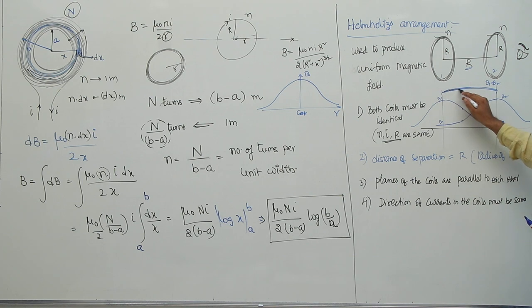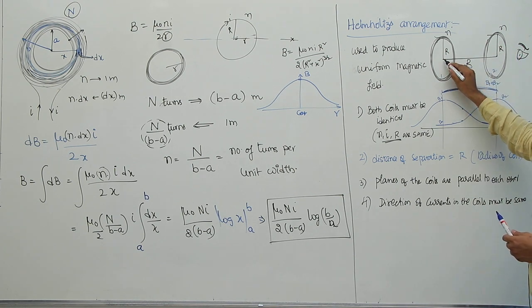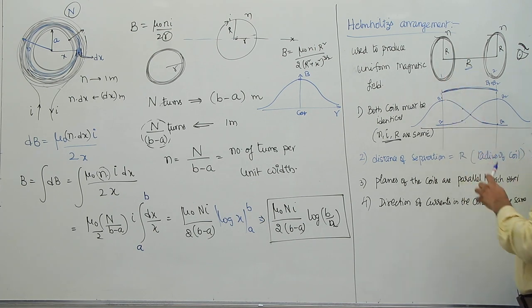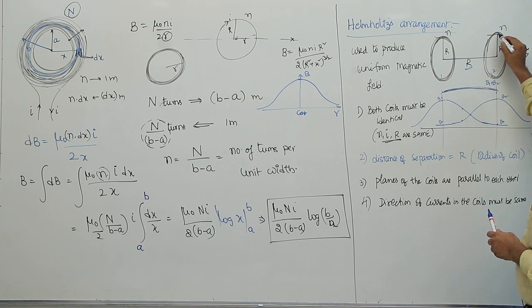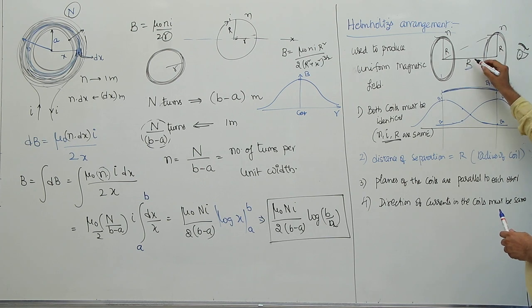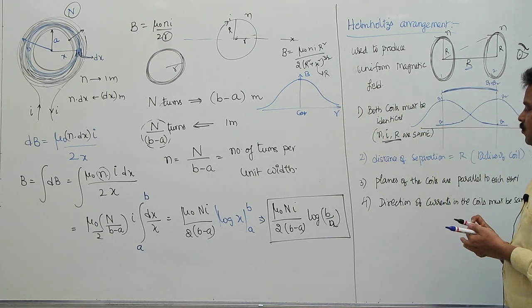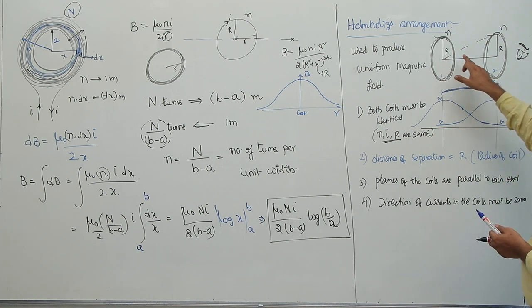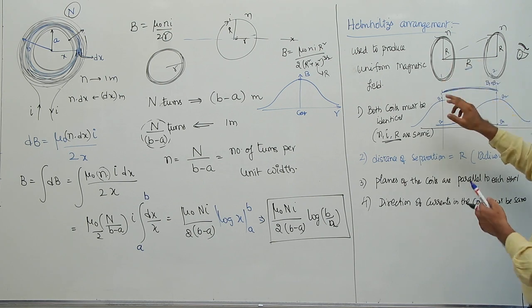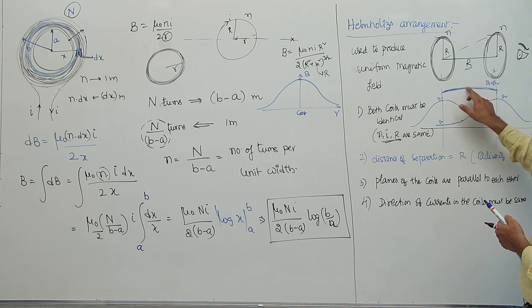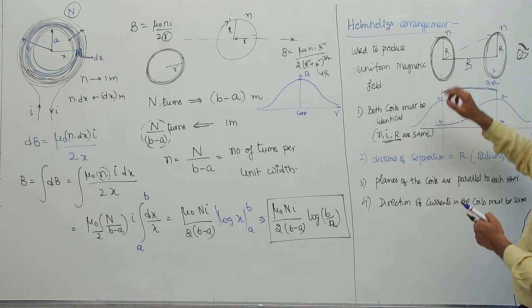Then we can produce a uniform magnetic field and we can find the magnetic field here, because the magnetic field due to this one at the center we know is mu naught N I by 2R. The magnetic field due to this one at this point can also be found by taking that formula, mu naught N I R square, with x equal to R, and we can find the total magnetic field at this point and at the center. Even at different points from this point to this point the magnetic field is almost the same, slightly increased at the middle, but it almost maintains the same magnetic field. So what is the net magnetic field at this point 1?